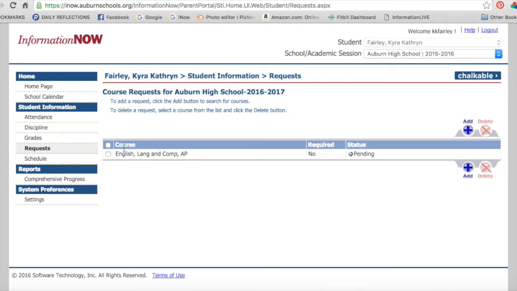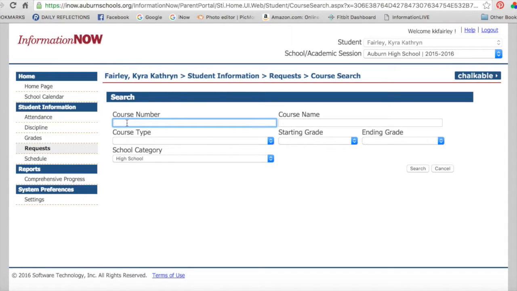Still, it's just my AP English. Okay, so it did nothing. That's why it's important to highlight that row. So let's go back in and choose pre-calculus